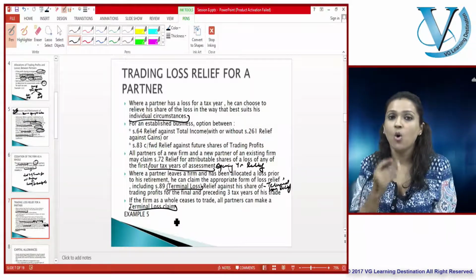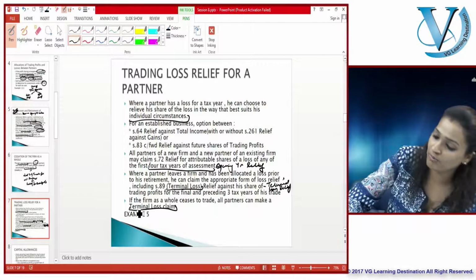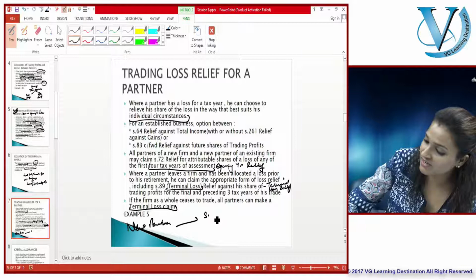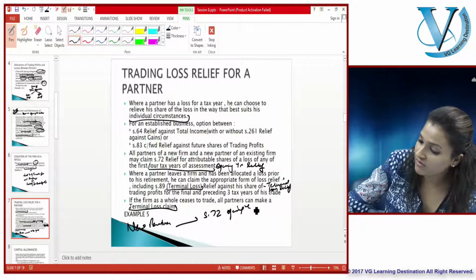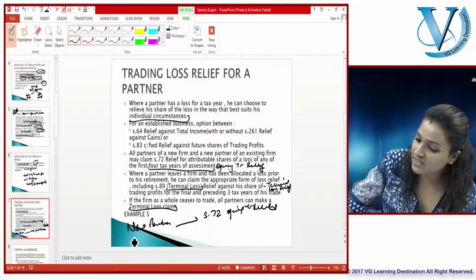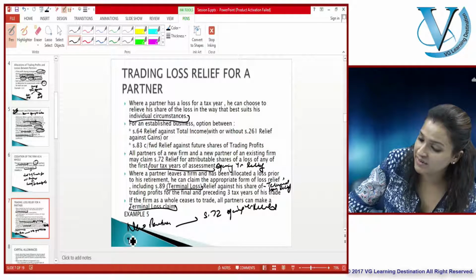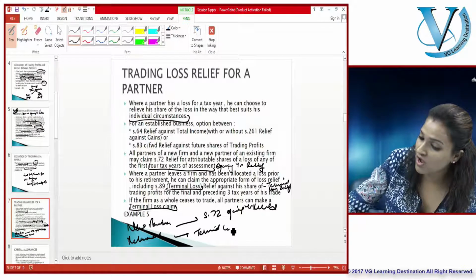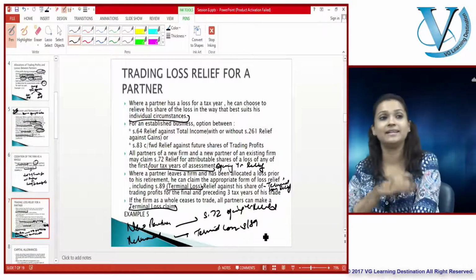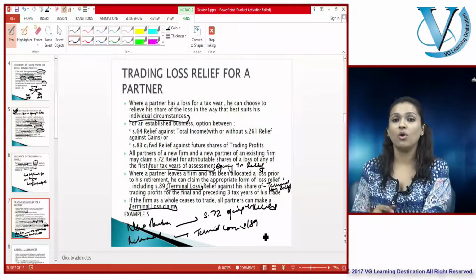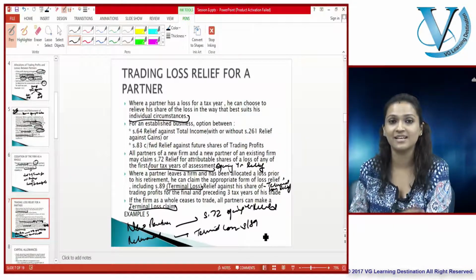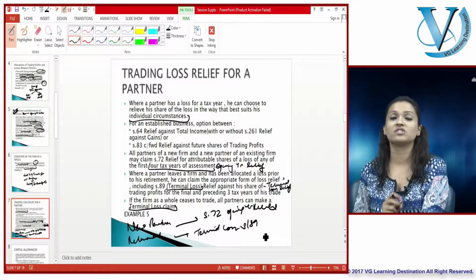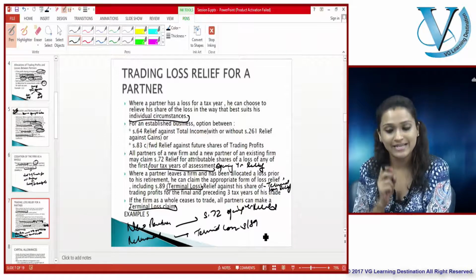So very simply, whatever stage you're at, if it's an opening, it's a new partner, can also avail Section 72 opening year relief. If it's an old partner ceasing to trade business, that is upon retirement, you can take a terminal loss relief under Section 89. And if the entire business only ceases to trade, what do you take? You can also claim relief under Section 89. That is a terminal loss relief for each of the partners for which the partnership is now dissolving.